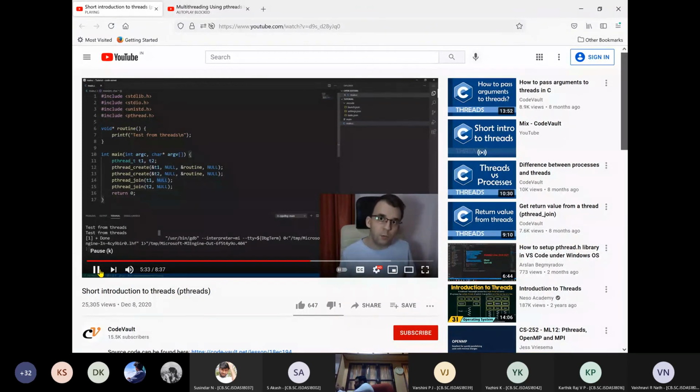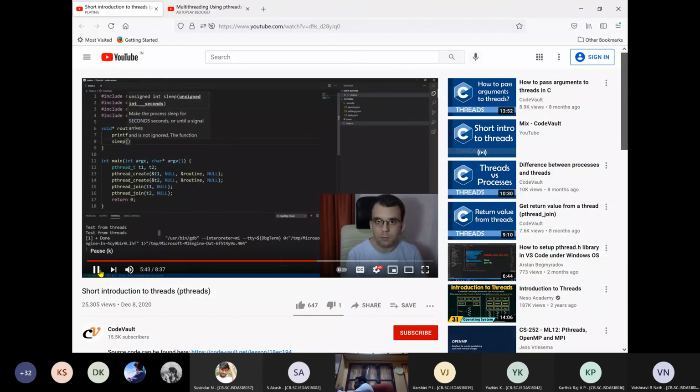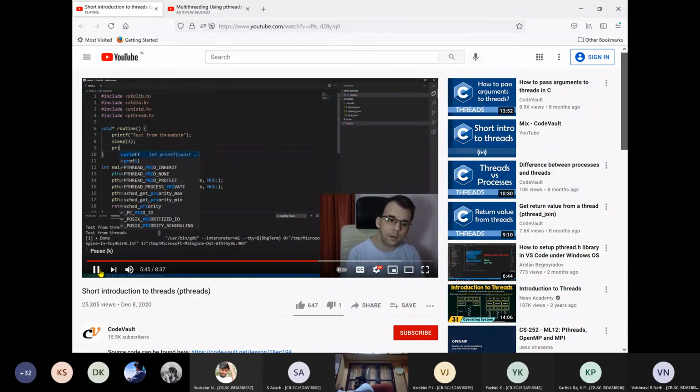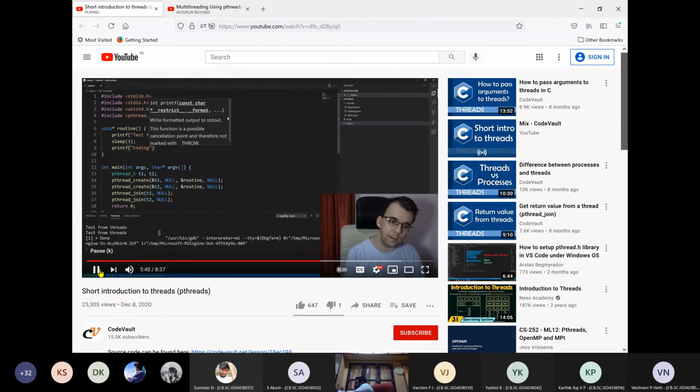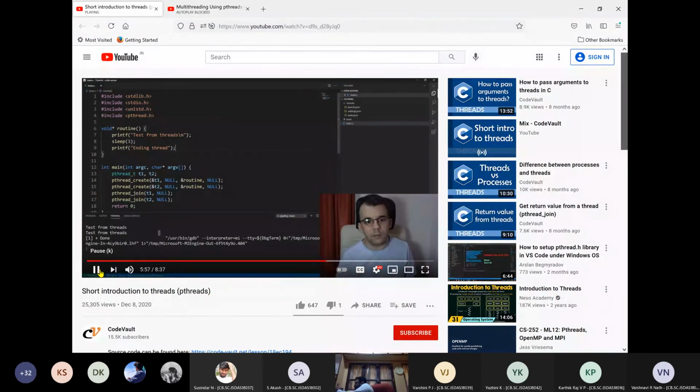Well, what we can do is print two messages inside the function here. I can say printf this message, and I can wait a while. I'm going to call sleep and wait, let's say 3 seconds, and I'm going to print, let's say, ending thread, right? And if this function would be executing twice, one after the other, you would expect that first you'd see tests from threads on the console here, and then you'd see ending thread, and then again tests from threads and ending thread. But if you try to execute it,